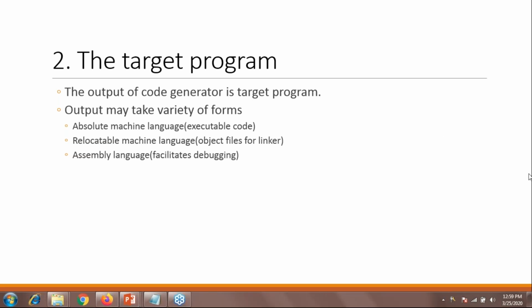There is a question: which form of IL, intermediate language code, should be given as input? It depends on your compiler and your requirement.